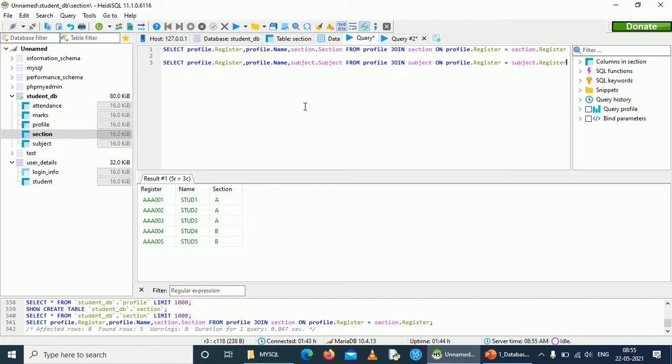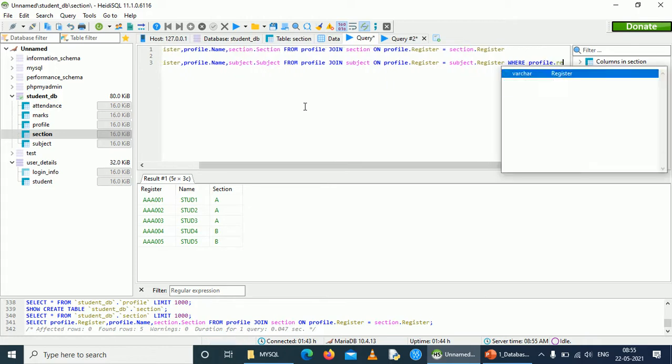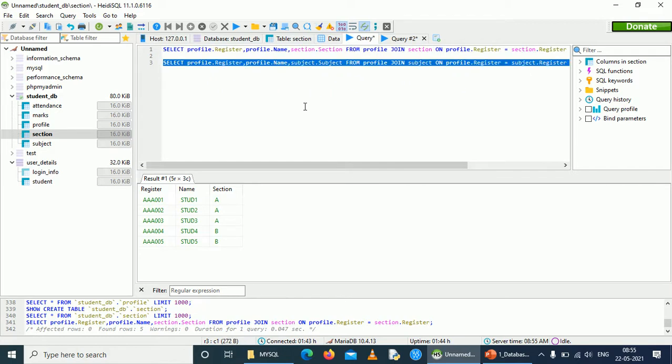As I said, I need data of a particular student, so I will use a where clause here, where profile.register equal to AAA001. So one register number.